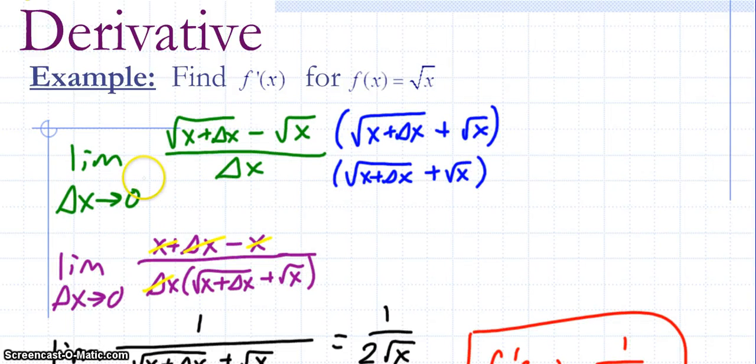Okay, so here we first use our limit definition of the derivative, plug in the function to the difference quotient, taking the limit as delta x goes to 0. So the limit as delta x goes to 0 of the quantity square root of x plus delta x, and then minus the square root of x, all over delta x. Multiply the numerator and denominator by the conjugate of the numerator. That gets rid of the square roots in the numerator, so the numerator becomes x plus delta x minus x. The x and the negative x cancel, and then I'm left with just delta x over delta x times the quantity square root of x plus delta x plus root x. The delta x's reduce,